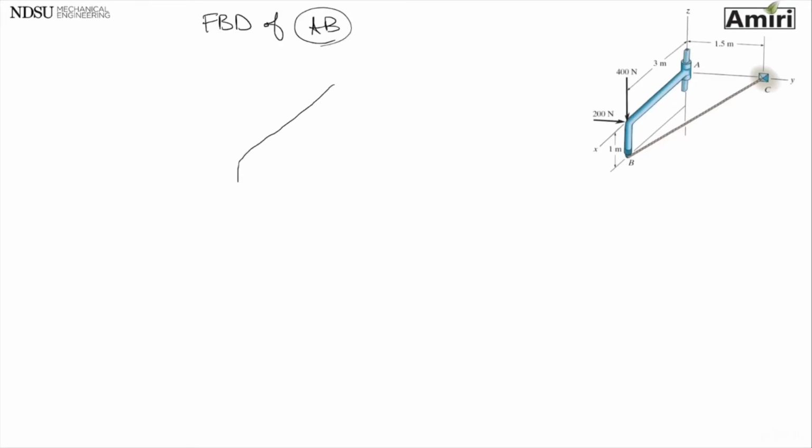I'm going to go and draw the outline of AB just like that. Then put active forces on there. 200 newtons, 400 newtons, and then reactive forces. Point B, there's a tension, it's a cable, it'll always go away, so it's going to be T. Now point A,